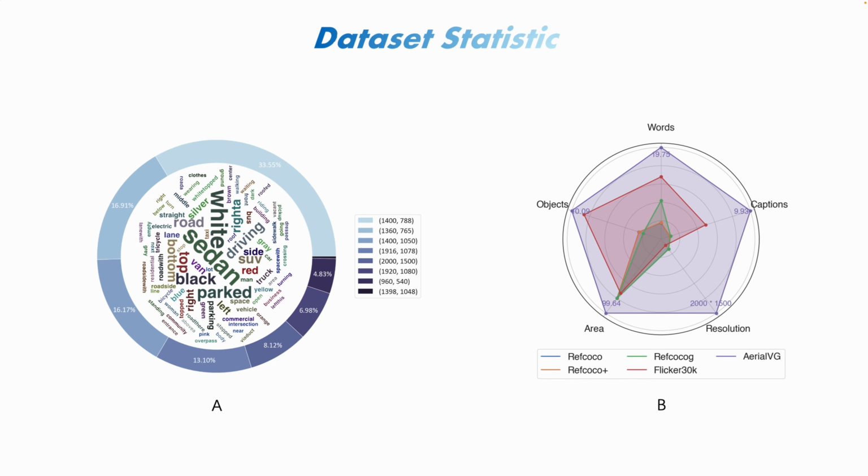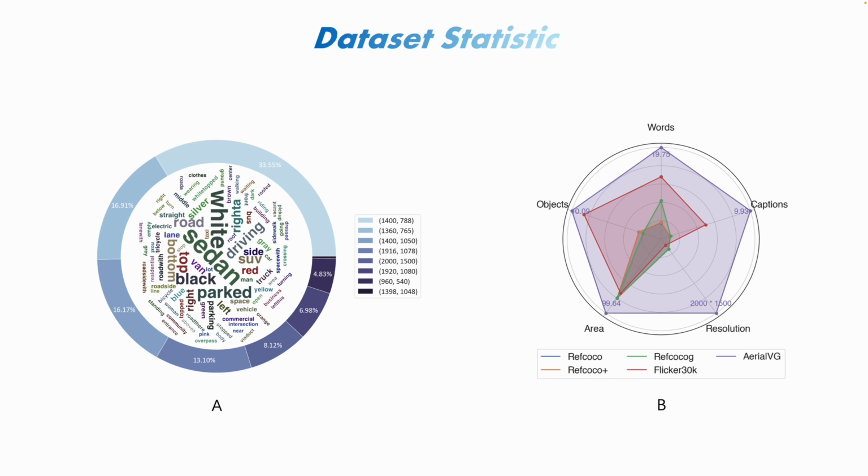The word cloud analysis highlights frequent mentions of vehicle types, colors, and spatial positions. These annotations emphasize the importance of understanding not only object identification but also their relative locations in the environment. This rich annotation style is critical for tasks like UAV navigation, emergency response, and large-scale monitoring, where spatial relationships are